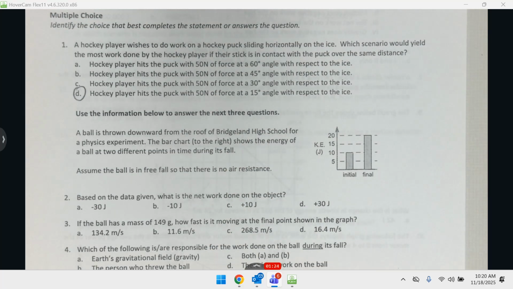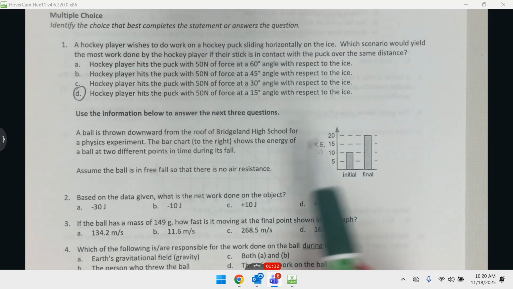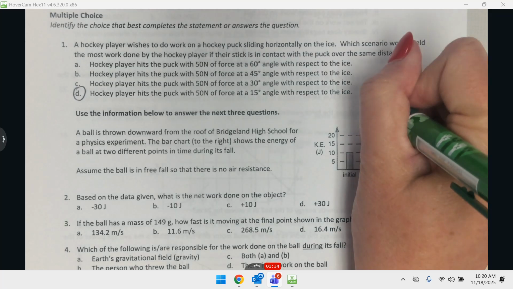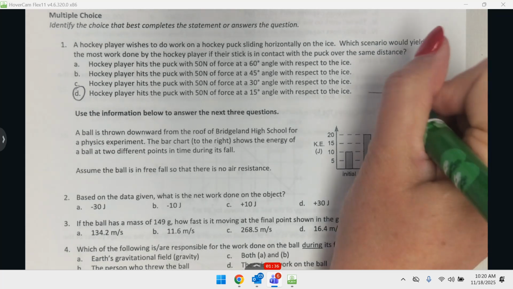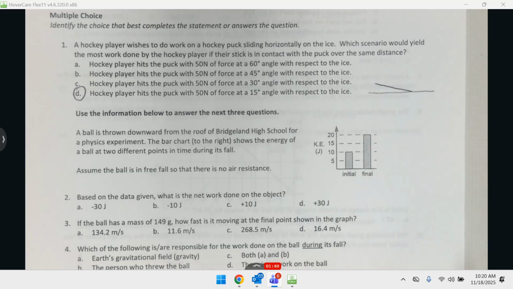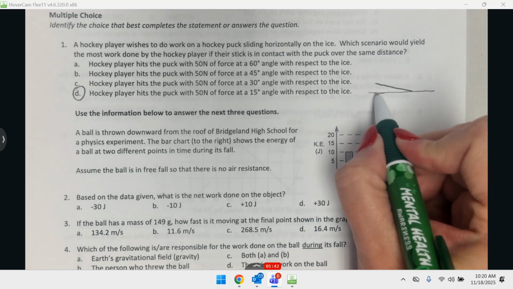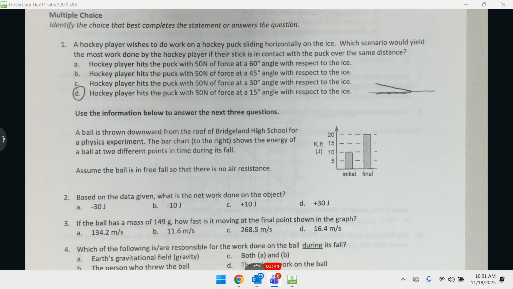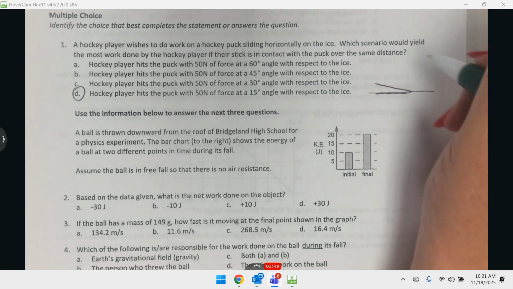Those of you that missed it went the wrong direction and went with the largest angle. If you picked one in the middle, that doesn't really make much sense. So really A or D were your main choices to look at. But again, if you have a 15-degree angle, if this is your horizontal, 15 degrees is a really small angle, something like that. And when you look at the components of that triangle, this horizontal component is obviously long in comparison to the vertical. When you're at 60 degrees instead,